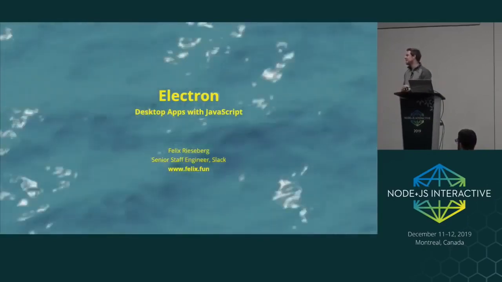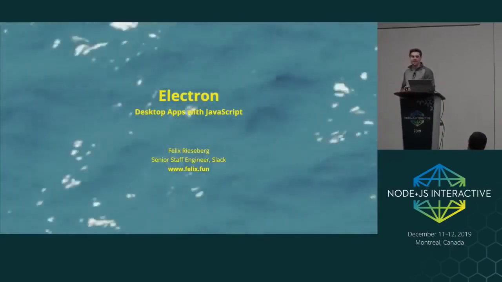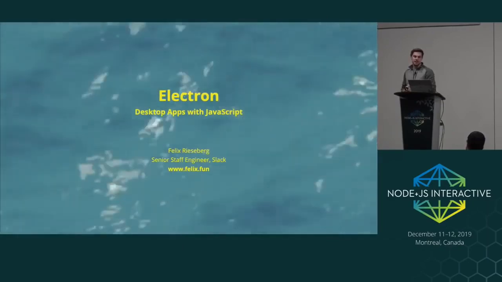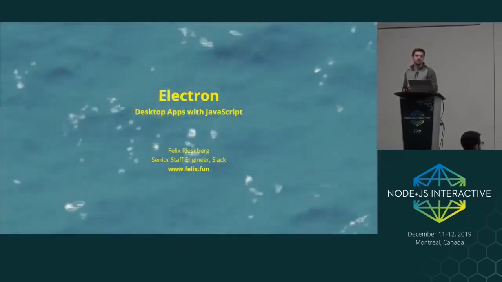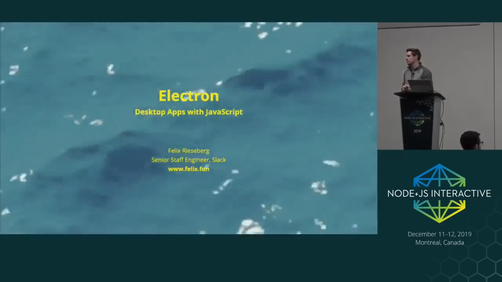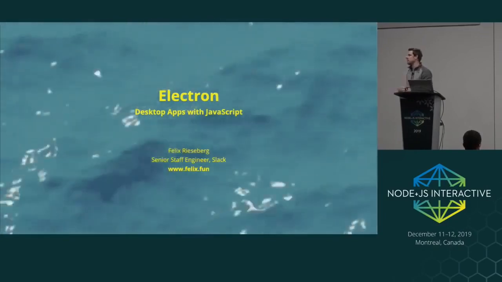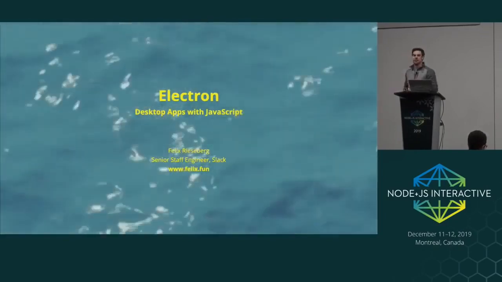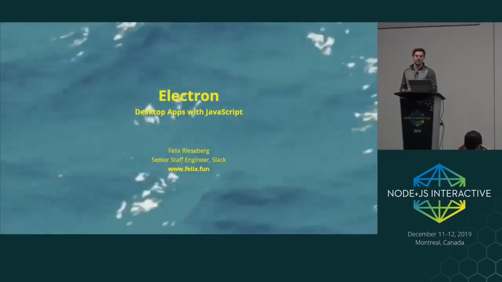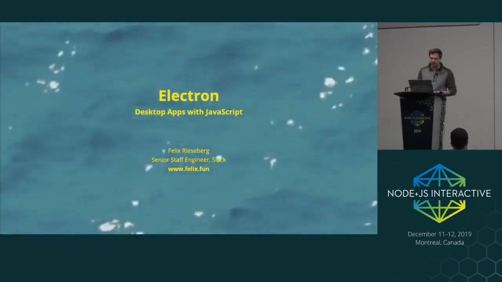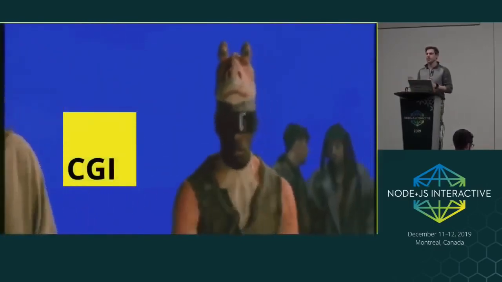But I'm going to talk a little bit about what Electron is, why it is, and we'll show a little bit of how you would build your first teeny tiny app. We're going to build a tiny code editor. It's not going to be anything advanced, but just so you get a feeling for how someone would build something with Electron. And before we get into this talk, I usually want to motivate the whole thing a little bit,